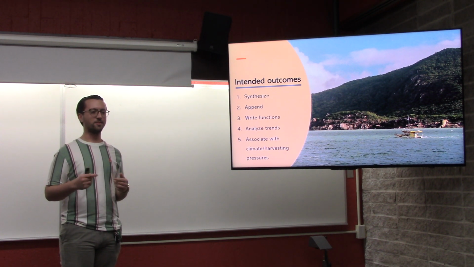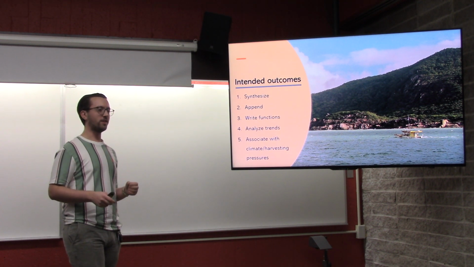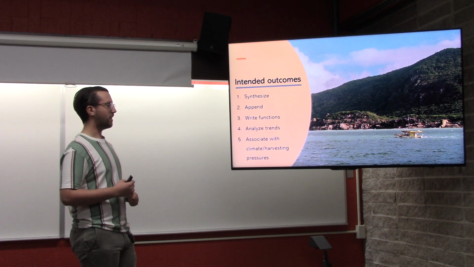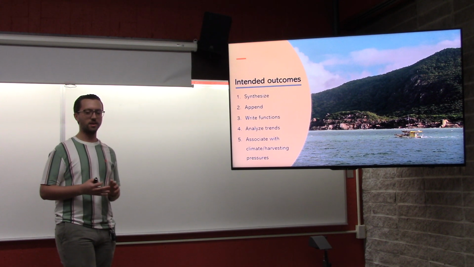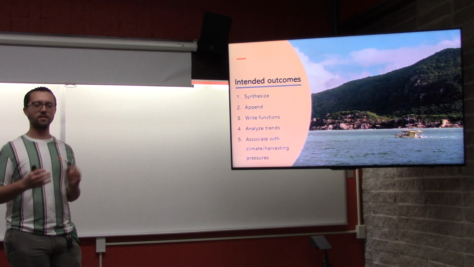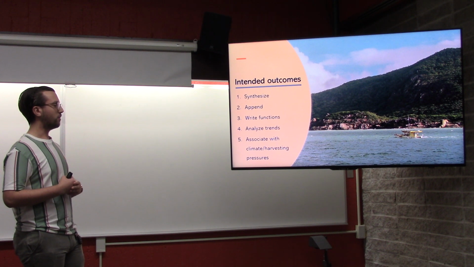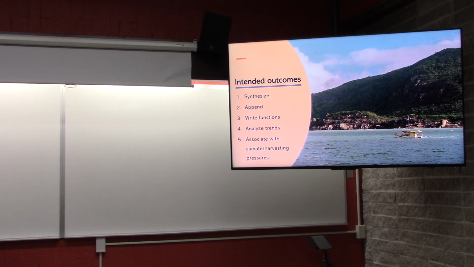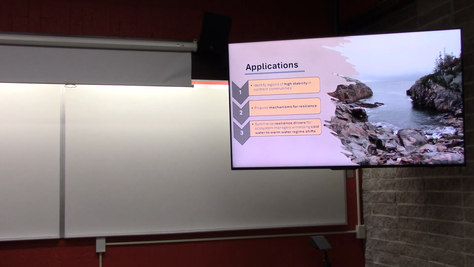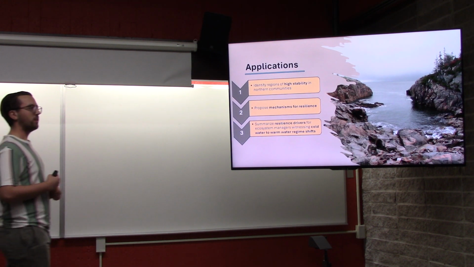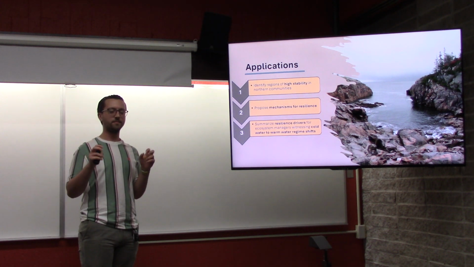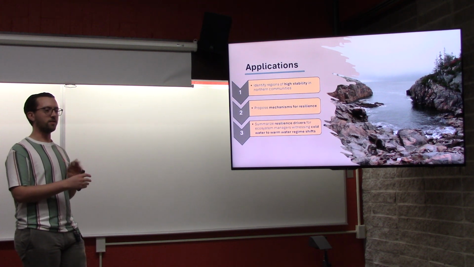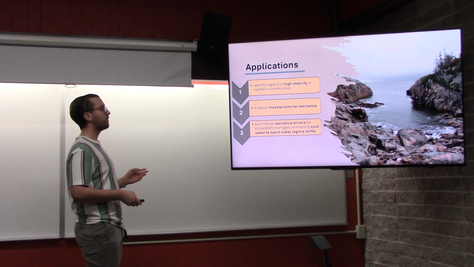Yeah. So then in Chapter 1, I'd like to write functions that I can then apply to each survey region, and as this project hopefully gets updated in the future, you can just use the functions I write with new surveys. Analyzing trends in biodiversity, stability, and ultimately getting resilience figures for these places. I hope to associate any trends I see with climate and harvesting pressures, and that's going to be key in the study of, usually marine community ecology focuses on natural areas, less disturbed areas, but all of these places are highly fished, so that has to be kept in mind at all times.